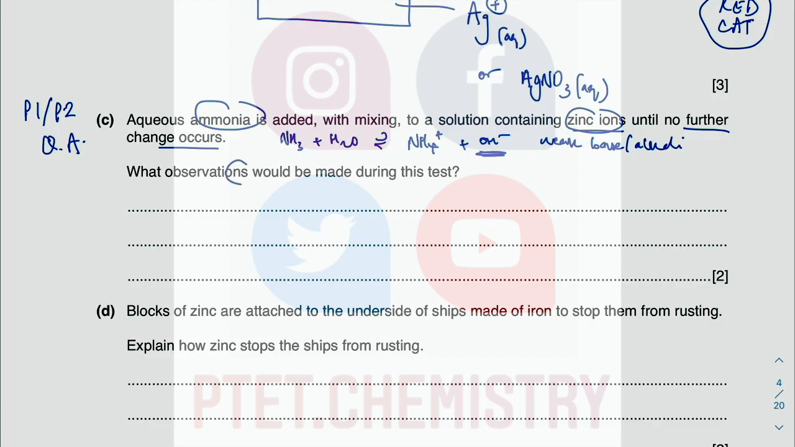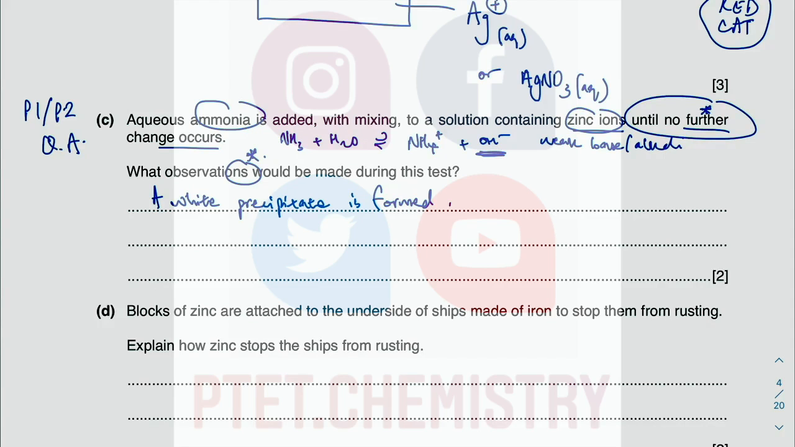Yeah, but they want observations. So a white precipitate. You should use the full word because you are no longer in Paper 3, for example. So you shouldn't use PPT. A white precipitate is formed. And then because you're looking for observations, you also need to have a look at this until no further change occurs. So as you know, in your practical, you're supposed to add, and then think about what happened